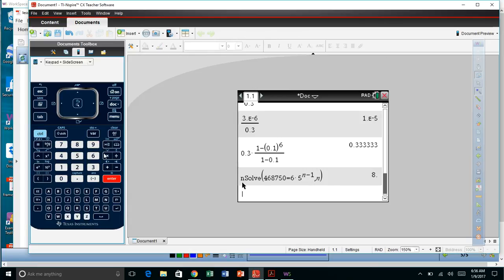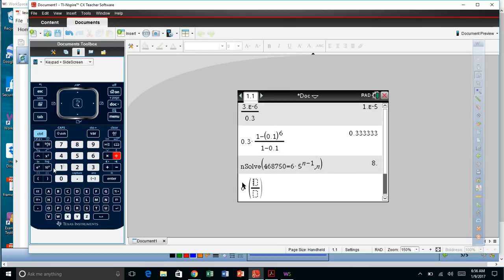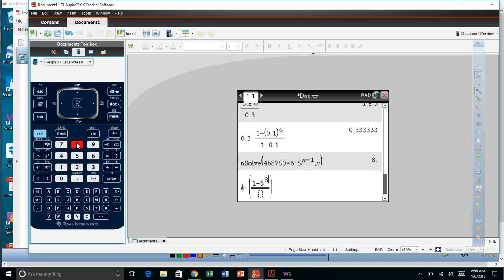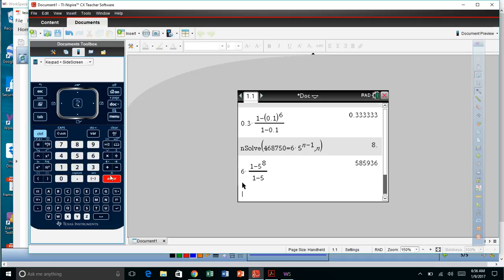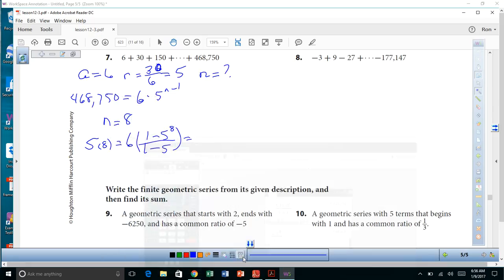So 6 times, open parentheses, control divide, 1 minus 5 caret 8 over, I need to get down on the bottom, 1 minus 5. And I get 585,936 equals